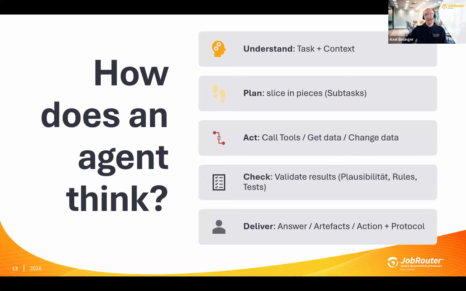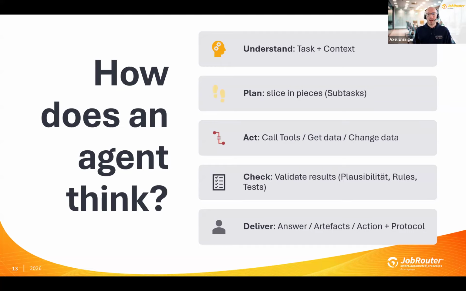Let's say the task is bring the data into Salesforce, and the context is that you also provide an Excel file and a description where it needs to be placed there. And then the agent will directly start to make a plan. So he will cut down the task into subtasks and say, okay, step by step, I will now perform different things like open an Excel file, search through the different lines, take a line, use an API and bring the data into Salesforce. So he makes the plan for himself.